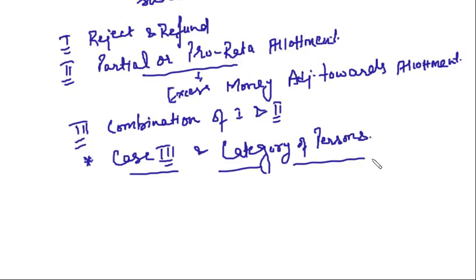It was that you are allotting shares on the pro rata basis, and from that particular category, a person fails to pay the allotment money. Now, how to calculate that? We studied in the last lecture. So in all this, if you get a question on pro rata allotment, just remember a few things,